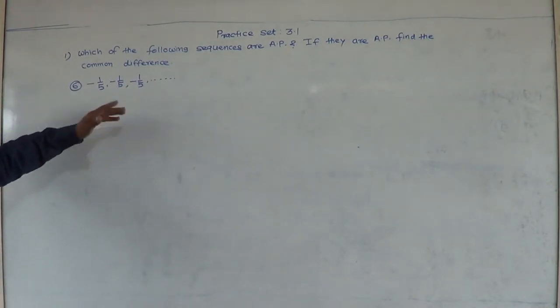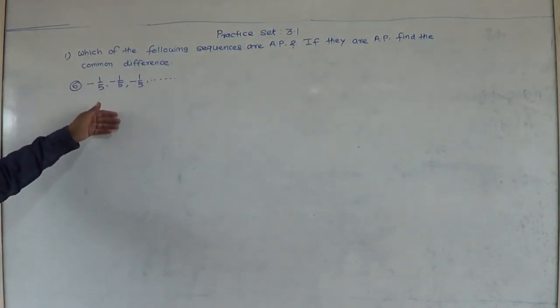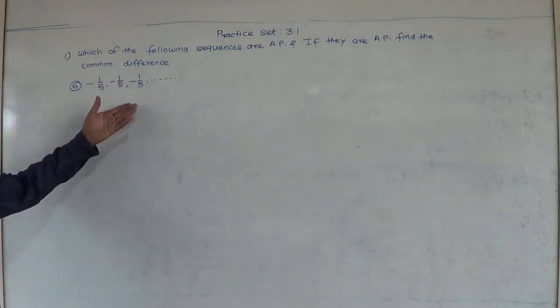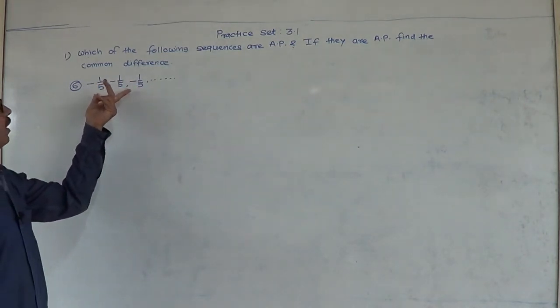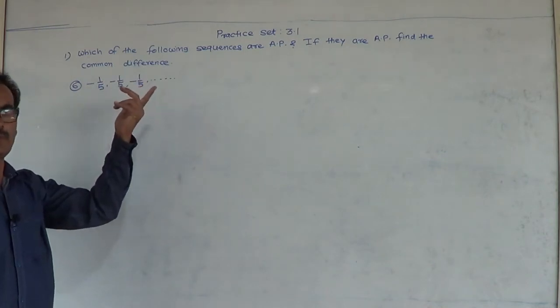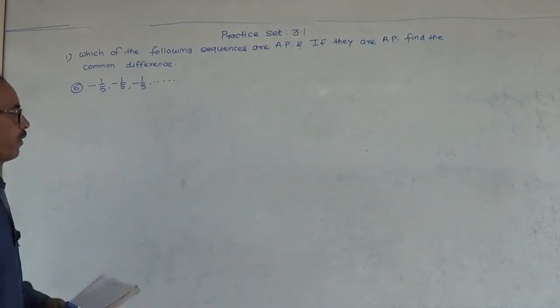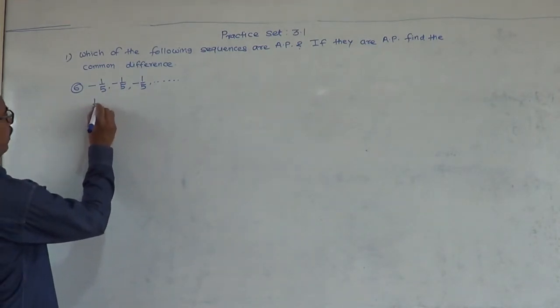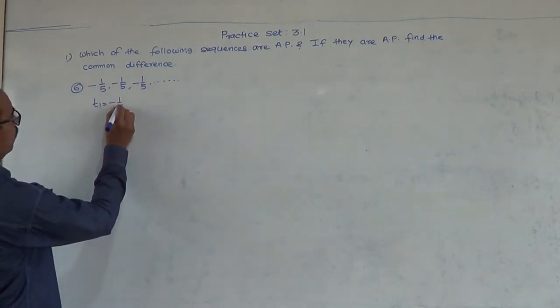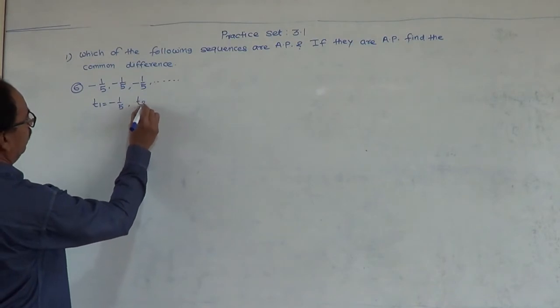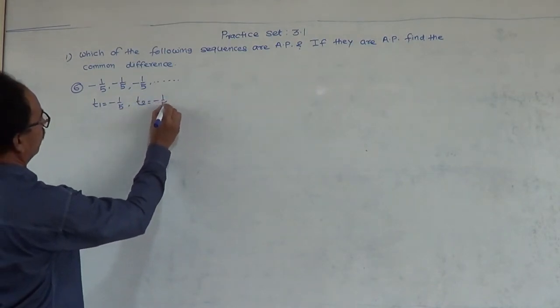Here we have given the sequence minus 1 by 5, minus 1 by 5, minus 1 by 5. Clearly we can see that the given sequence is in AP, and the difference is 0. So we will find out here T1 is minus 1 by 5, T2 is also minus 1 by 5,